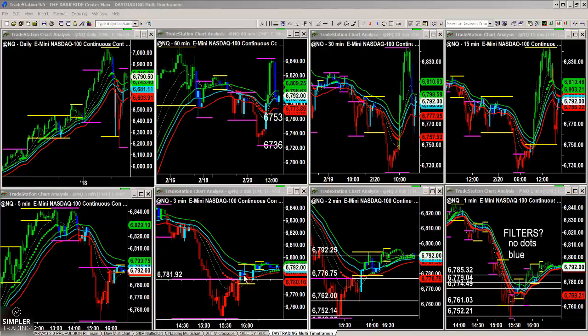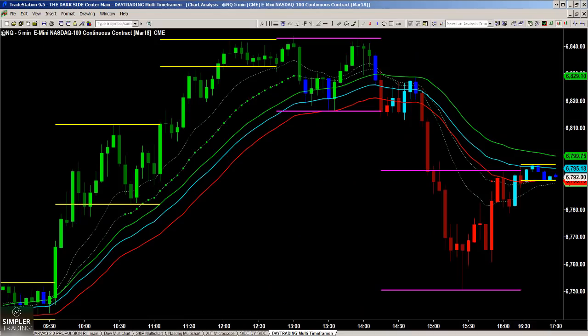So 1, 2, 3. Now the 3 minute almost, not quite, almost contained price action, but the 5, which is my typical go-to for quote unquote day trading. And the reason the 5, and it might seem very long in nature, but the reason the 5 minute has been my go-to has a lot to do with the cost per trade on specifically the foreign exchange and the Forex market. Because you're paying the spread, oftentimes what you're going to want to do is play slightly longer term intraday time frames, because again, if you have to pay a pip or a pip and a half,